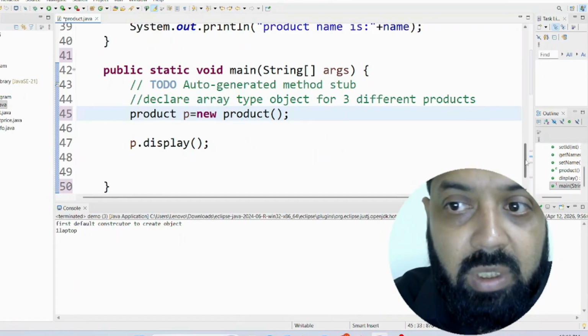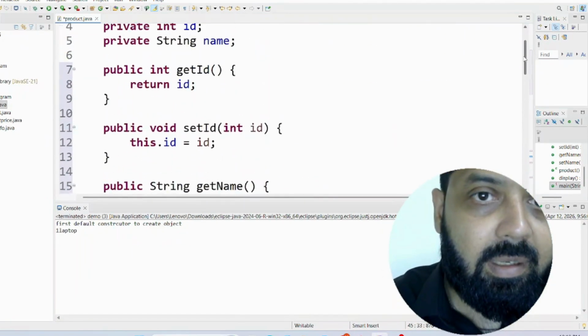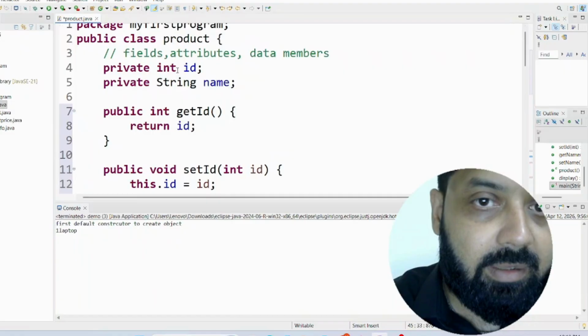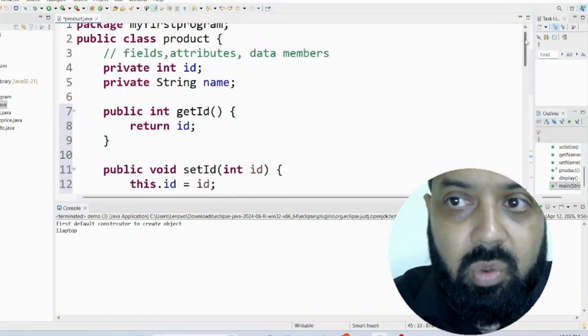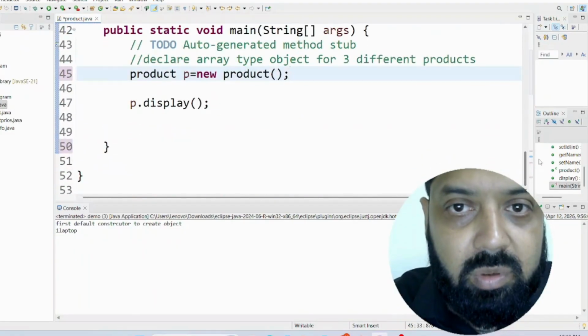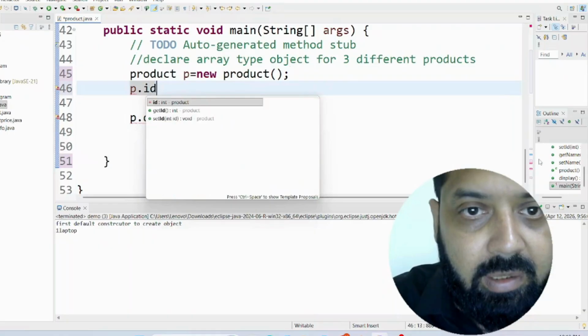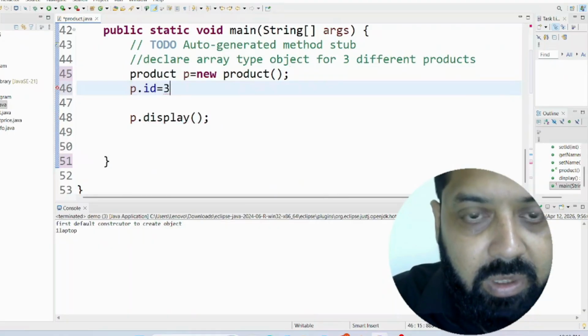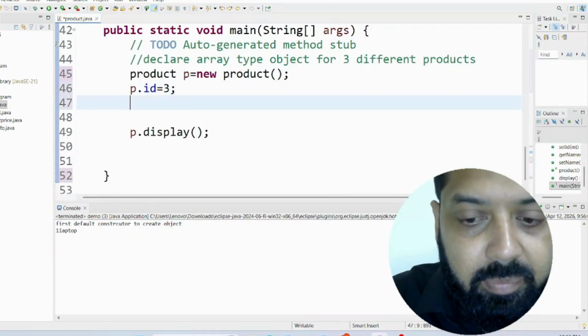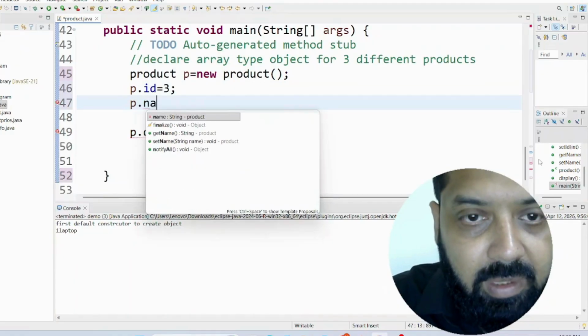Now I want to access these private members. So I'm going to access p.id equals 3 and p.name equals this,